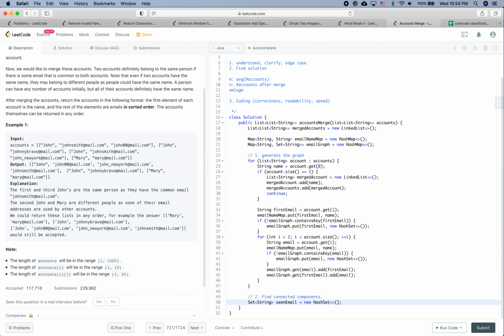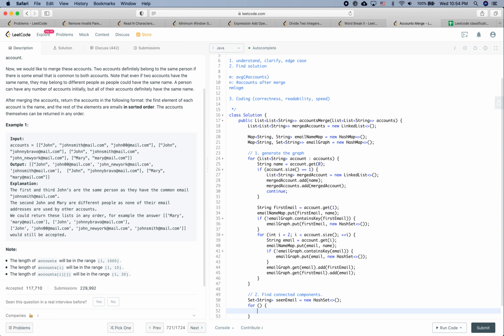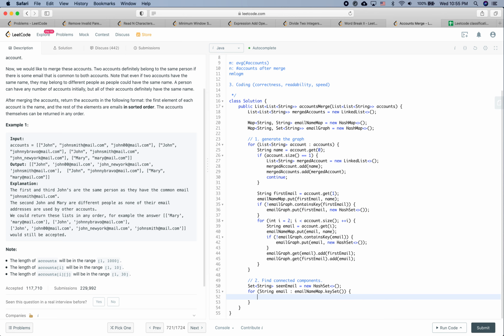and then for each of the email, so let's say string email, the email name map key set. So we will say alright, string name is equal to email name map dot get. I'll get the name for this email, and also at the same time let's call